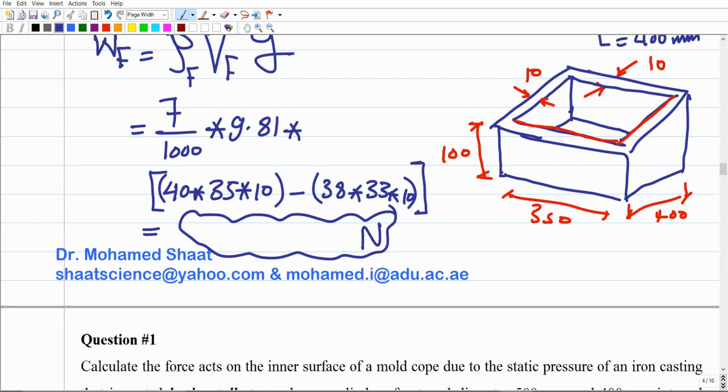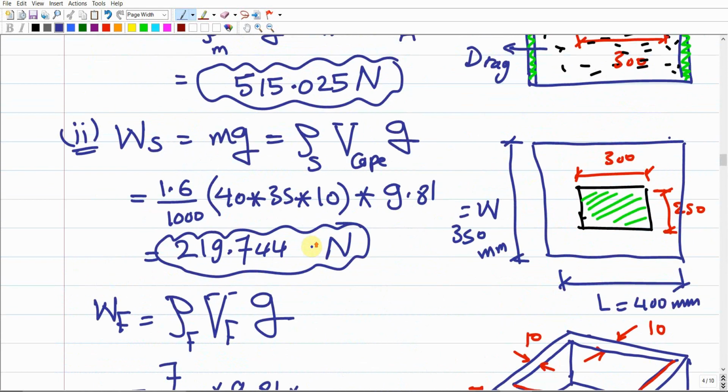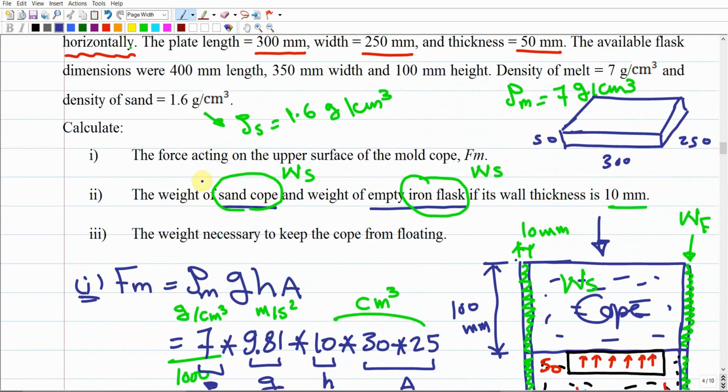Negative 38 times 33 times 10 times 9.81 times 7 divided by 1000. This is going to give us 100.258 Newton. Make sense? So this is for the second requirement. We were required to calculate the force acting, the buoyancy force, which we already got, which is the Fb, and the